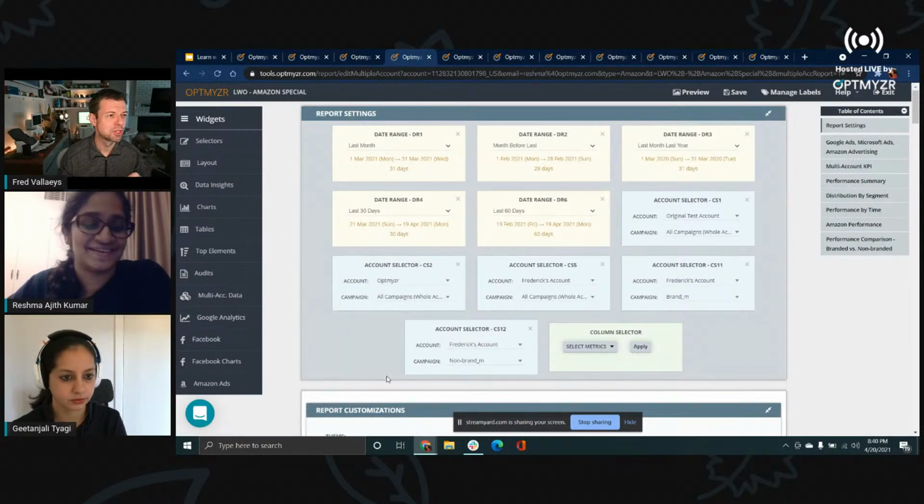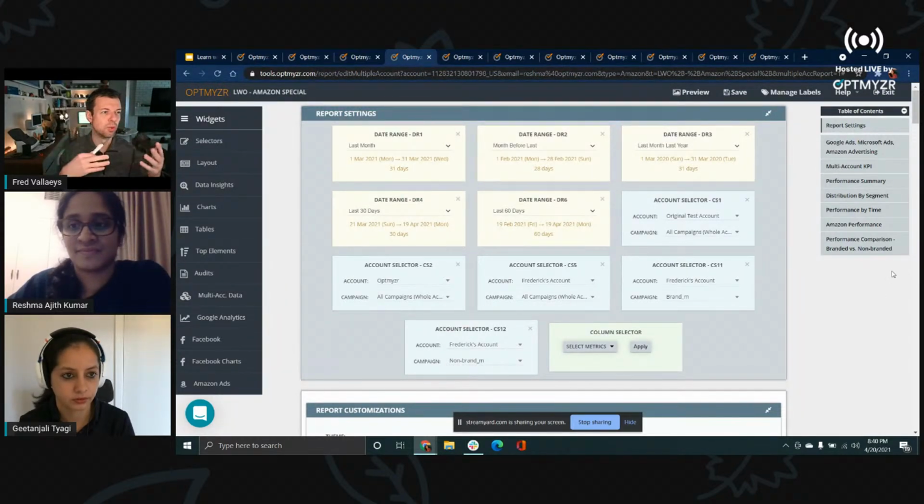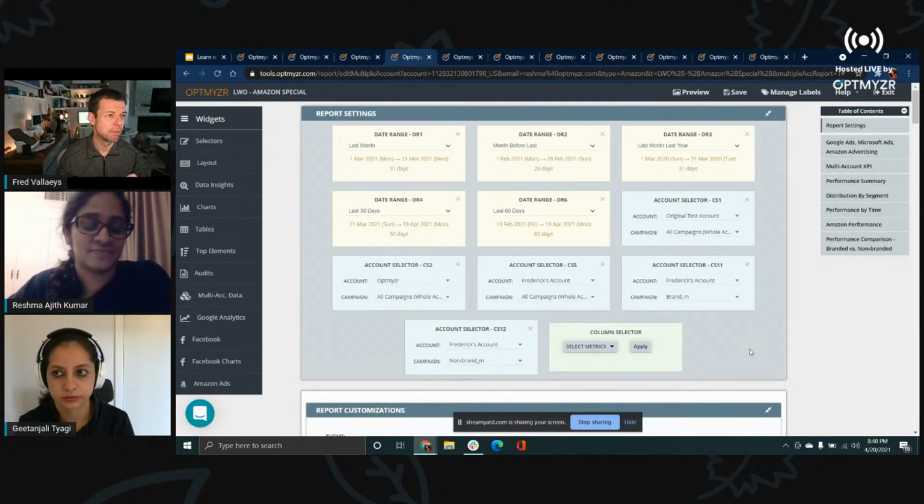And then with those custom metrics, that's interesting too, right? I'm thinking about Amazon and how they like to run stuff on ACoS, and ACoS is basically the inverse of ROAS. So if you're combining Google data and Amazon data, these two metrics don't really speak to each other, but you could normalize them and still have one report that does that by using these custom calculated metrics. Yes.